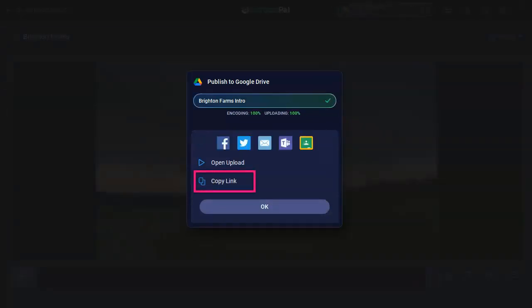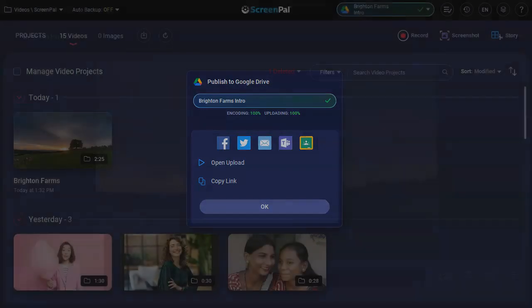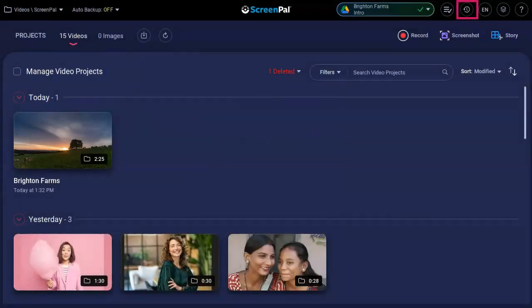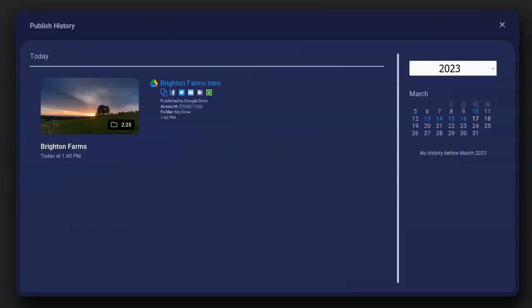After your video is uploaded, get a link to copy or use quick share buttons to easily share to Facebook or Twitter. You can always find these links again by clicking the history icon, which displays a history of all the publishing you've done from your current